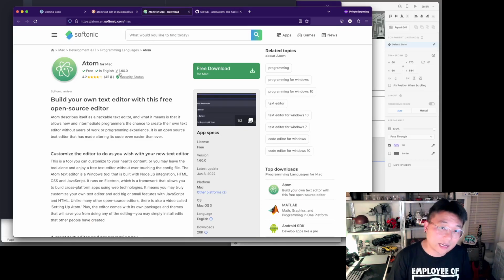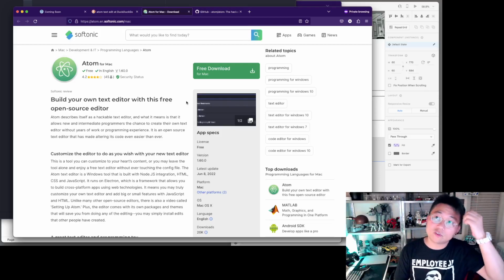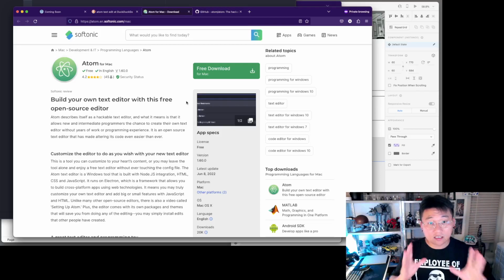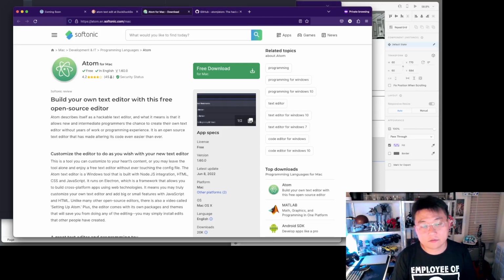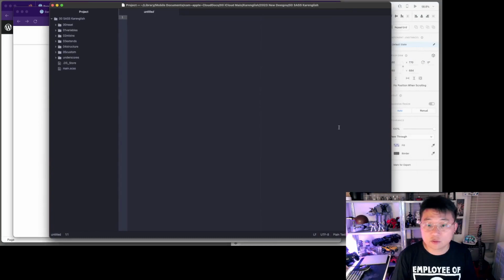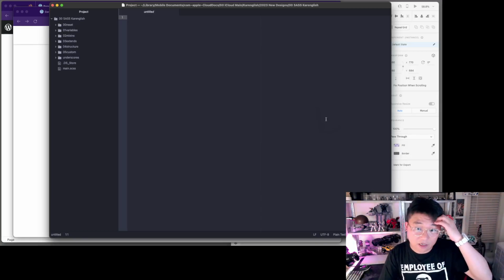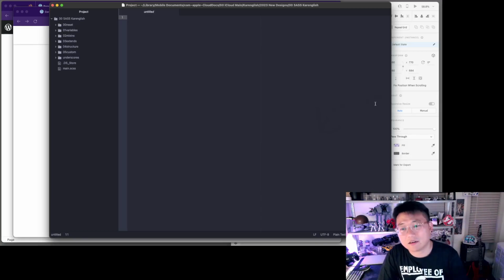But I use this app, and I really like it because it's very straightforward and less cluttered than VS Code, for example, because I'm not a big fan of VS Code. I've tried it on one full project from start to finish, but I really didn't like it. I'm sure there are a lot of fans, and it is by far the most popular, but I just really can't use it. Anyways,